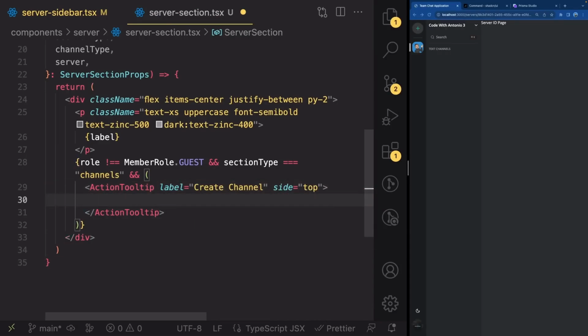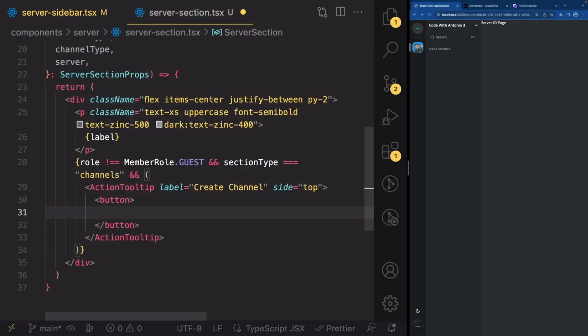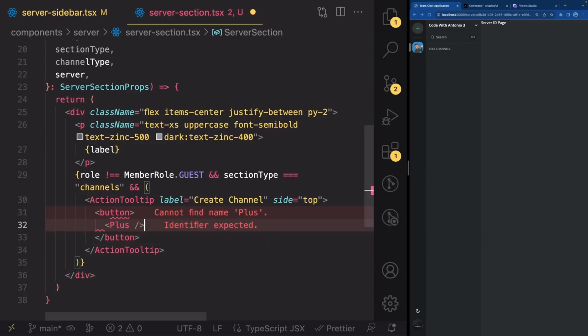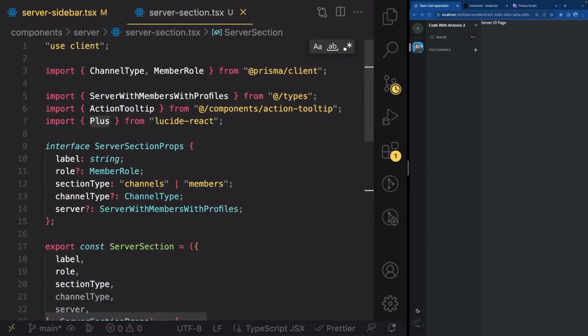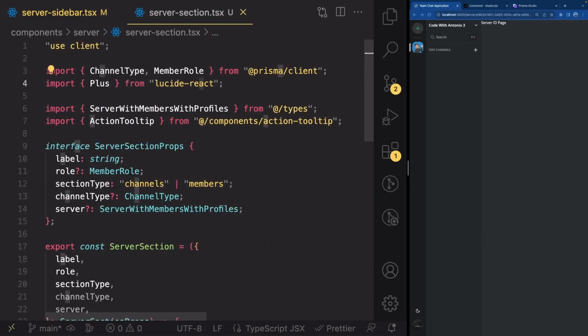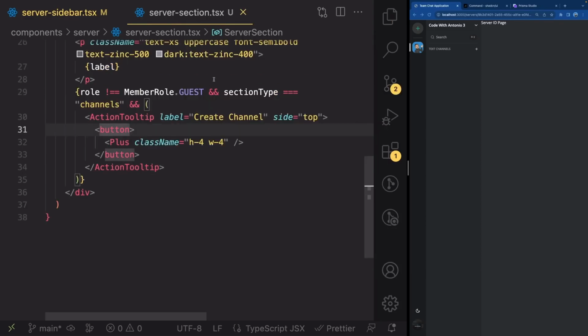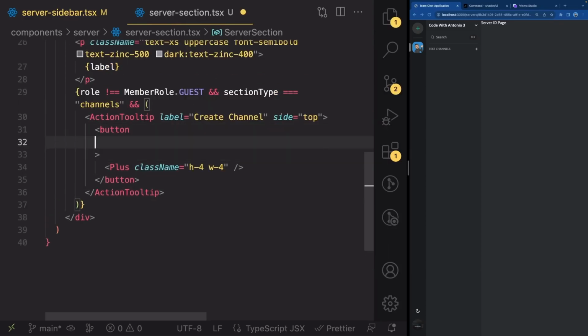And let's go ahead and create a native HTML button element here, which is going to hold our plus sign from Lucide React. So make sure you import the plus sign from Lucide React, and I'll just move it to the top here. And let's go ahead and give this plus sign a class name of h-4 and w-4. And let's go ahead and give this button a class name of